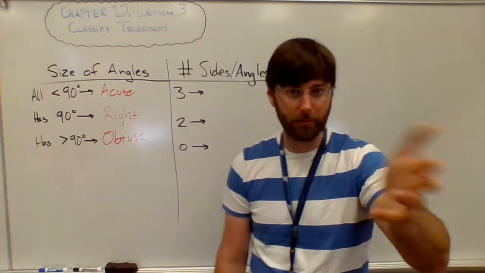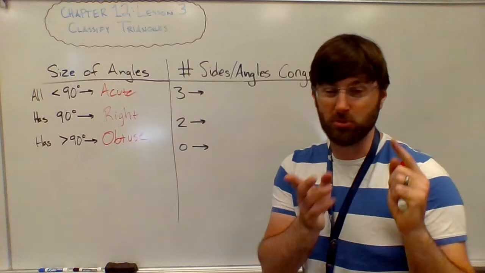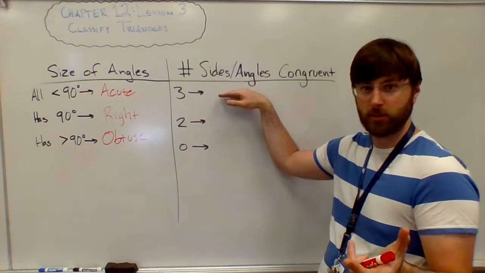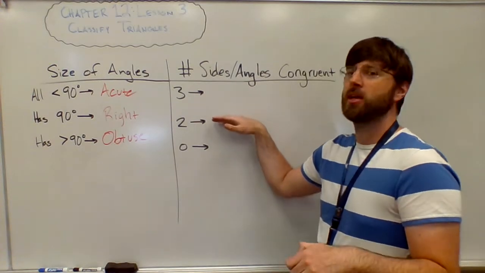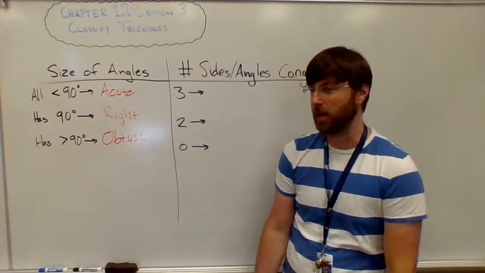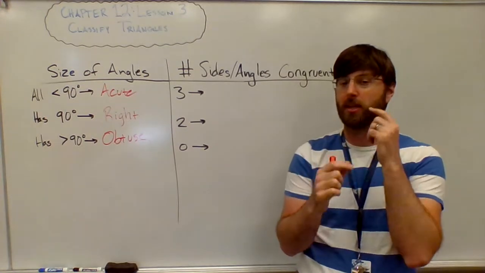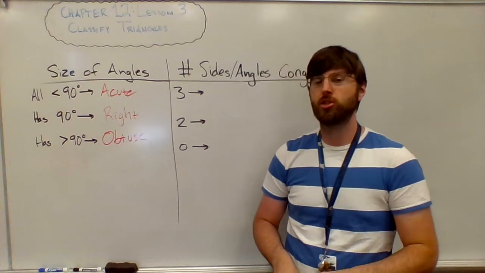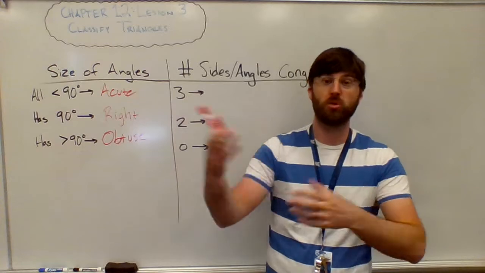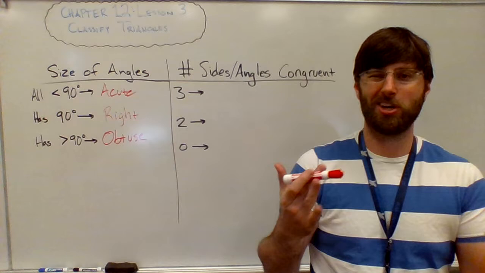triangle. Okay, so every triangle is either going to be acute, right, or obtuse. And this is what you saw yesterday. There are times where all of the sides and angles are congruent, there are times when 2 of the sides and angles are congruent, and there are times when none of the sides and angles are congruent. And it's always sides, like if you measure 2 sides, if 2 of the sides of the triangle are exactly congruent, then it will have 2 congruent angles as well. And you get to really do fun things with manipulating that information in middle school and high school as you're playing with geometry,